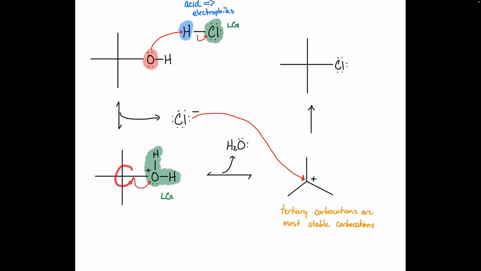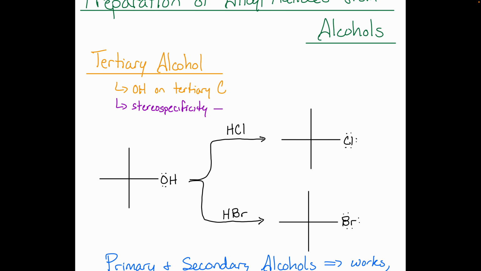What's the geometry of our carbon over here? Tetrahedral. And as soon as it loses that 4th bond, and it only has 3, what's its geometry? Trigonal planar. So those carbocations are flat, right? Which means that that chloride could attack from this side, or it could attack from the other side. Even if you started out with a stereospecific tertiary alcohol, you will always get a racemic mixture,